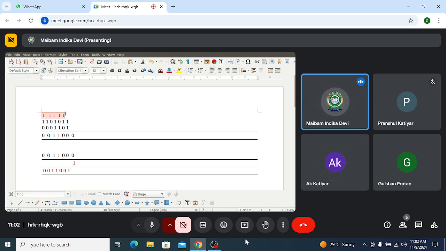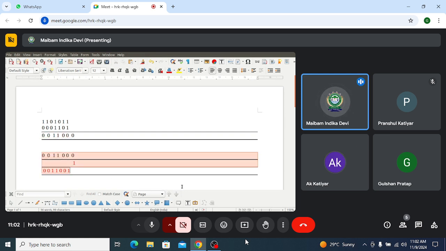Suppose you are given two numbers and you are going to subtract, and you get a result as such without any end carry, right? There are two possibilities. Suppose in your result you do not have any end carry. Here you have how many digits? 7. Here also 3, 4, 5, 6, 7. You do not have any end carry.